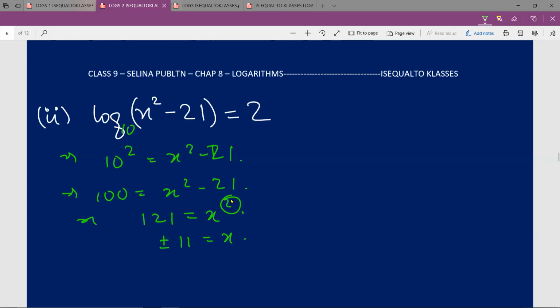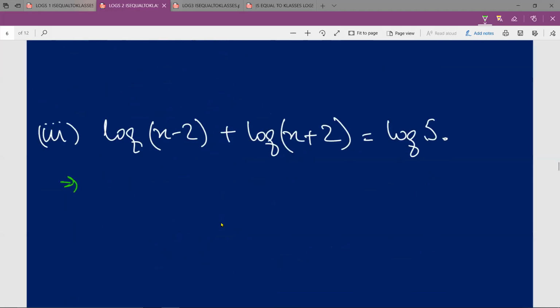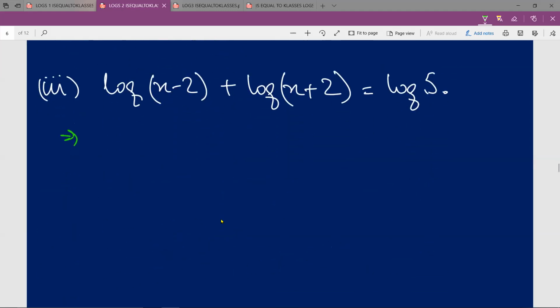Why write it as plus minus 11? I have made a video on it. The video is part 3 of the logarithmic series in which I've done 10, 11, 12 of exercise 8a. In that video, I have explained all you need to know about plus minus, why you should write plus minus, and what steps you should follow in writing plus minus. So I'll not go into the details now. I would hope that you would refer to that video for why you should write plus minus and then come to this video, because I'll be borrowing that concept and applying it here. Now, enough of that gyan.